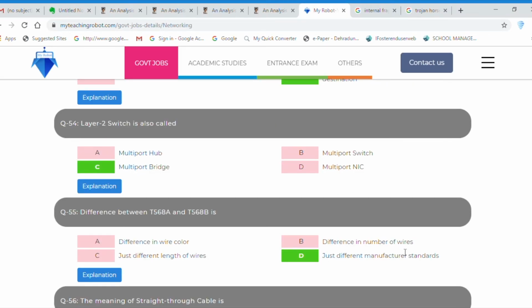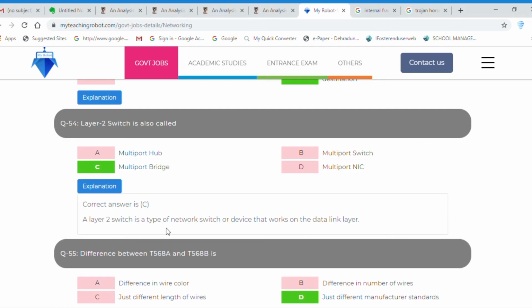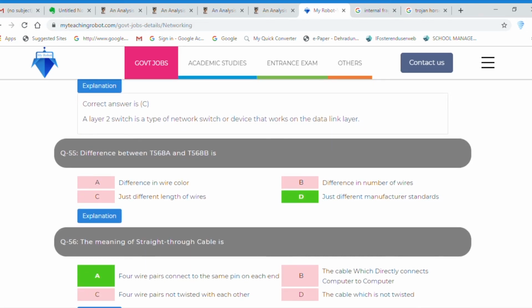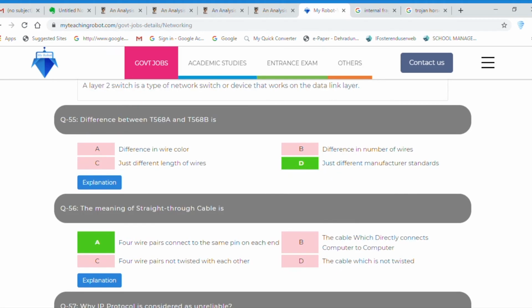Layer 2 switch is also called a multi-port bridge. A layer 2 switch is a type of network switch or device that works on the data link layer. That is the additional information for you: which layer does the layer 2 switch work on? Layer 2 switch works on the data link layer. Differences between